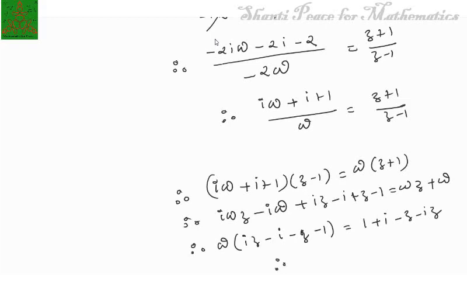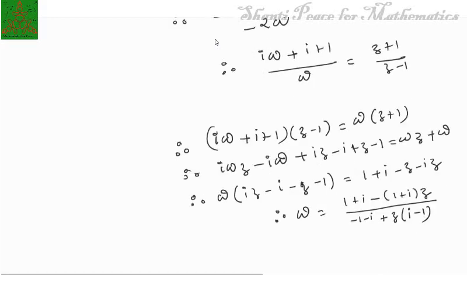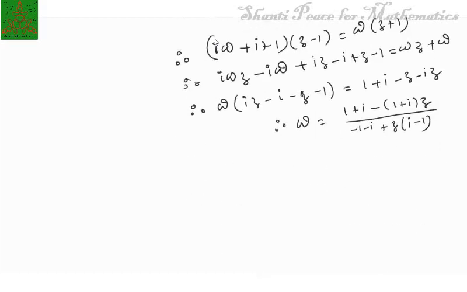So finally you will have w equal to 1 plus i in bracket 1 plus i into z upon minus 1 minus i, and just take z common from that, so you will have plus zi minus z. So this is the bilinear transformation which transforms those points. This is the unique transformation we have.